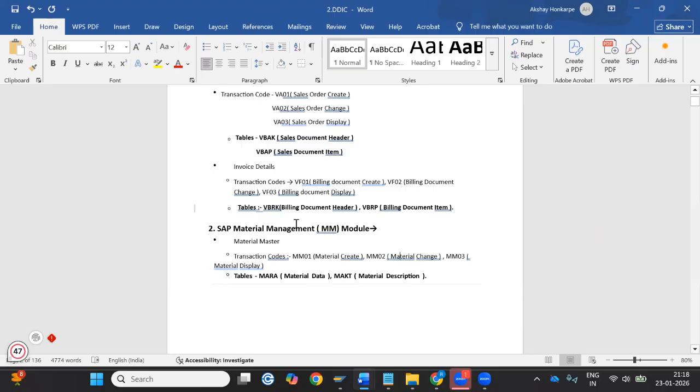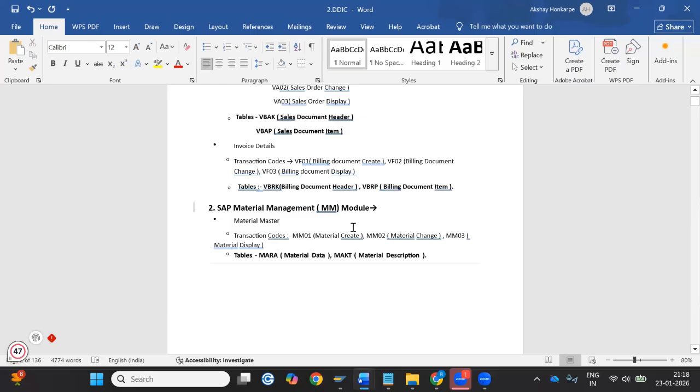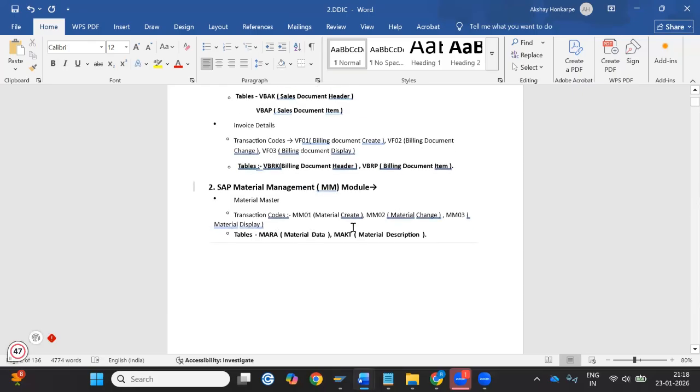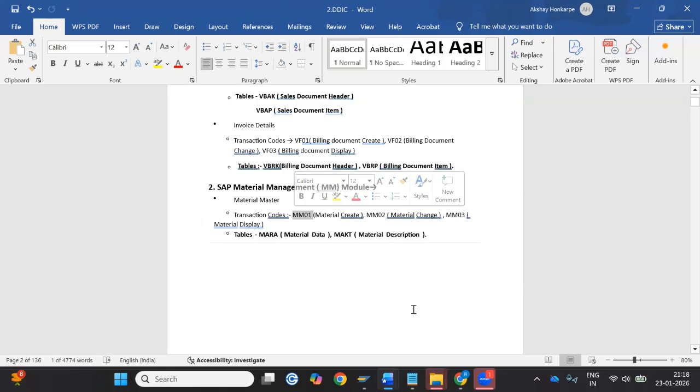Once you are done writing the table names, for material management there is the MM module. If we have to create our material, we have the T code MM01. To change our material, we have the